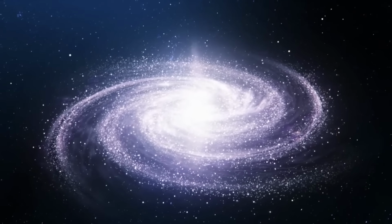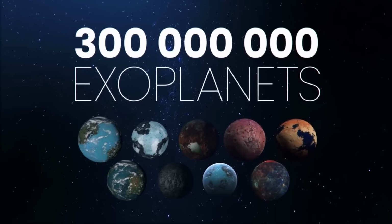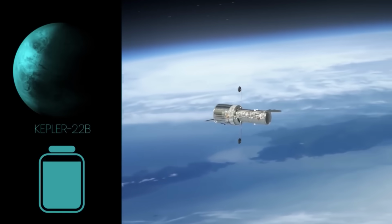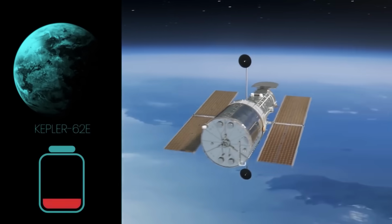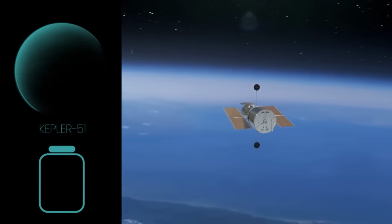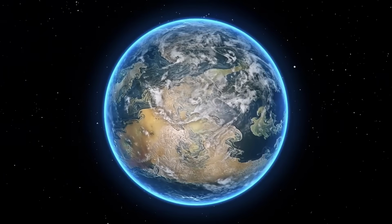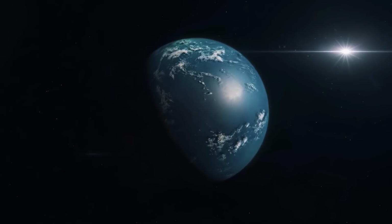There could be at least 300 million potentially habitable exoplanets in our Milky Way galaxy alone. The US Space Agency's Kepler Space Telescope spent 9 years on a planet-hunting mission and identified thousands of these exoplanets in our galaxy before it ran out of fuel in 2018. After going through all the data Kepler collected, those 300 million rocky planets could be capable of supporting liquid water